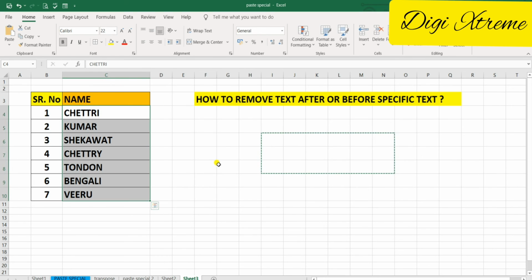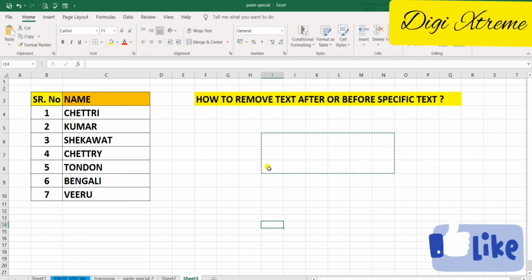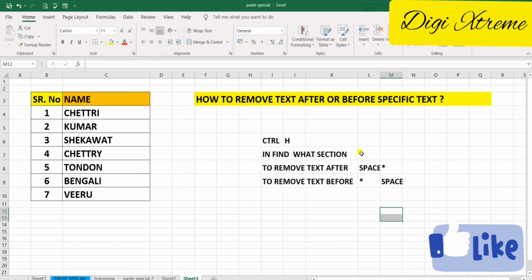So this is the process through which we can remove the first name or last name, or you can say this is how we can remove text before and after. So I hope you remember the step. First you will select the data, then Control H and find what section.